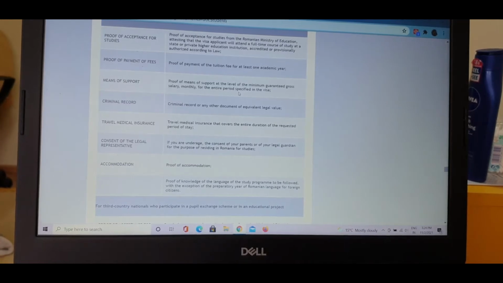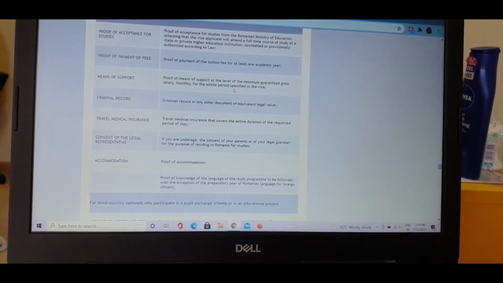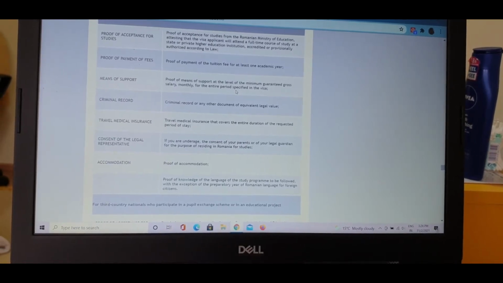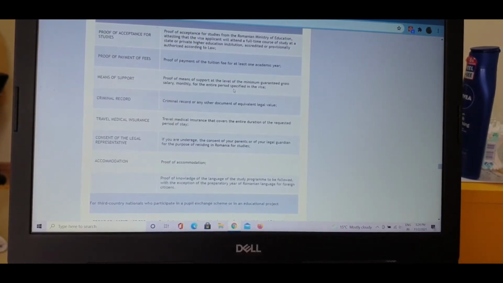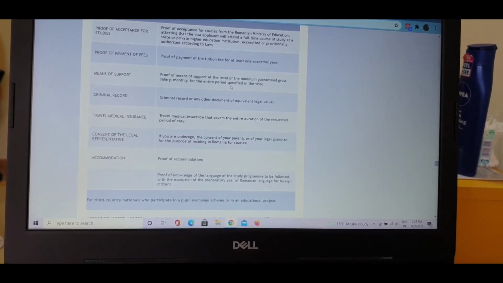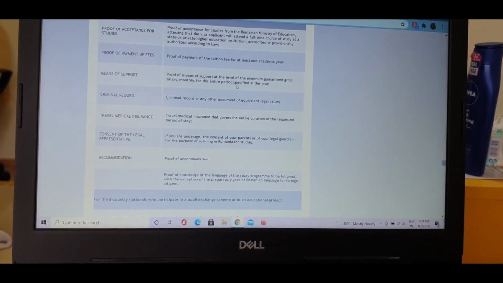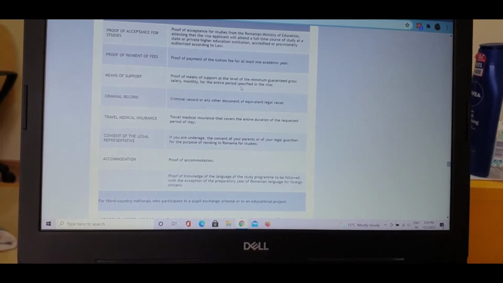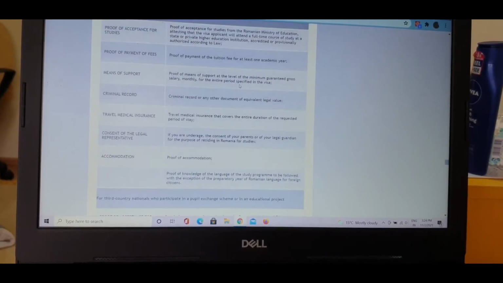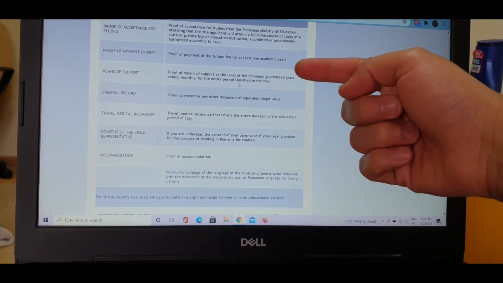You can show it in the form of deposits, in the current account, the savings, but you need to show it, because if you have zero money and you're arriving in Romania, they don't want to help you or provide any scholarship, because Romania is a poor country. So you need to bring your own money to support you in Romania. The criminal record. You can make a list of the important documents: invitation letter, payment of fees,